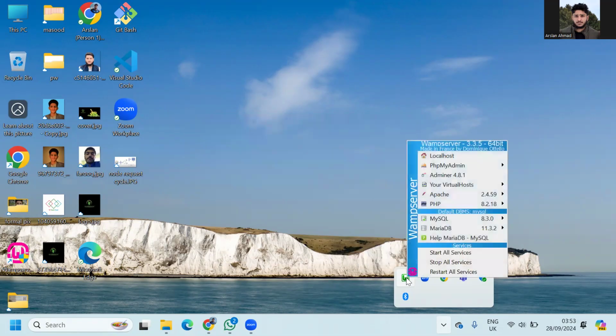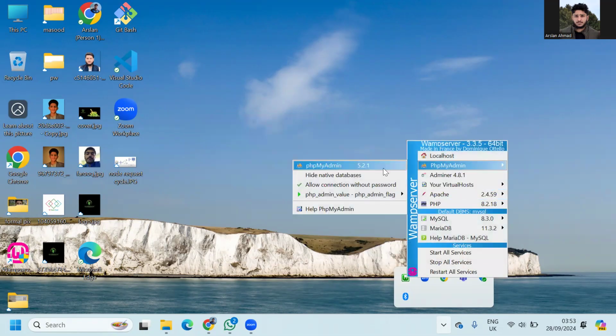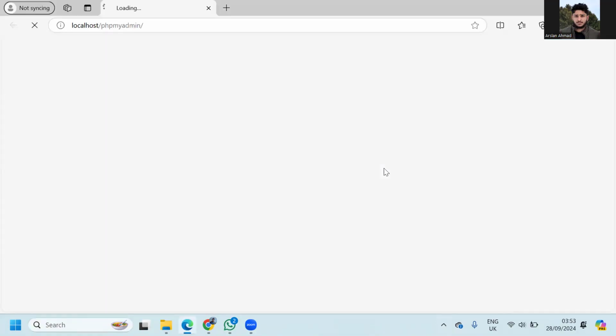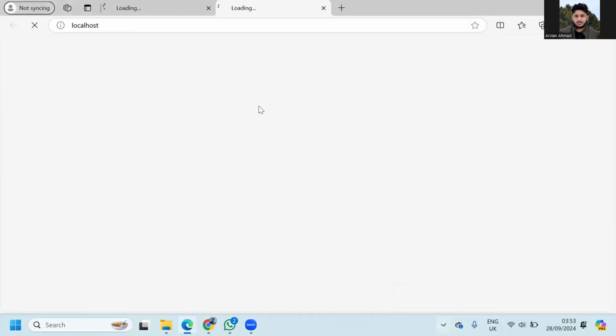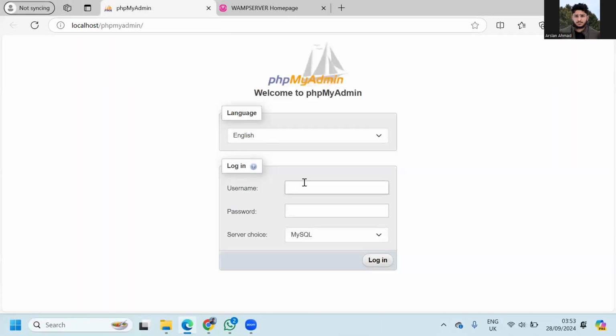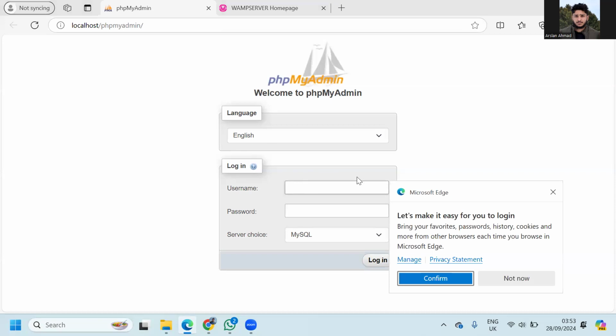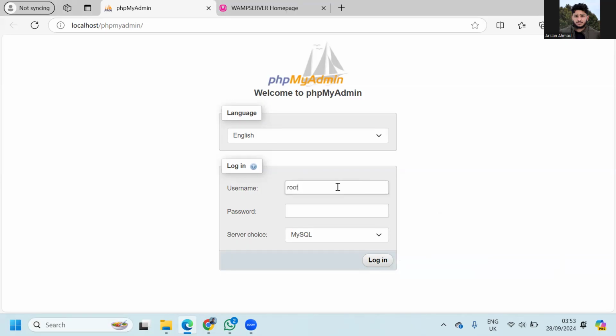So when you click on it, you can see phpMyAdmin. When you click on that, the phpMyAdmin will open. So when you go back to the WAMP server, you can click on localhost. So the default username for the phpMyAdmin is root, and there is no password. Okay,